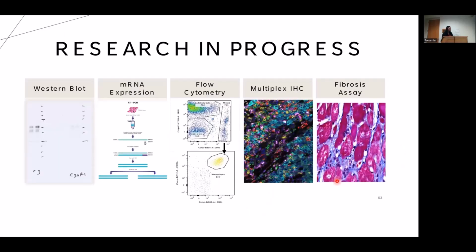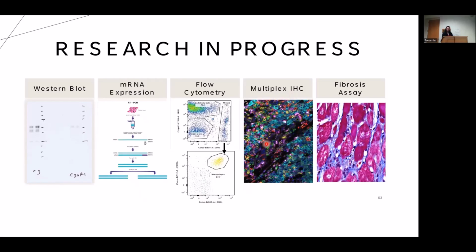So we're currently doing a lot of projects to gather preliminary data on this next direction. So we're doing Western blotting for C3, C3aR1, and control on PH rats. We've done RT-PCR to confirm the published findings that there's increased C3 and other complement markers in the right ventricle. As I've shown, we're doing flow cytometry to identify the C3aR, C5aR receptor expressing macrophages in the rat heart. We're doing both rat and human staining right now, and the human, the HIMSR core is helping us do